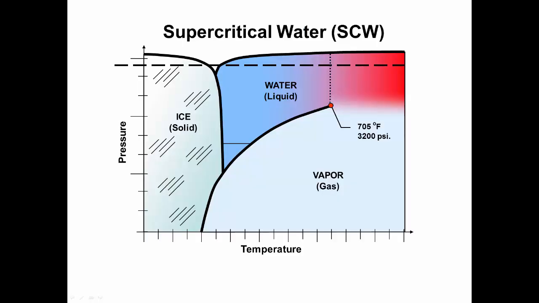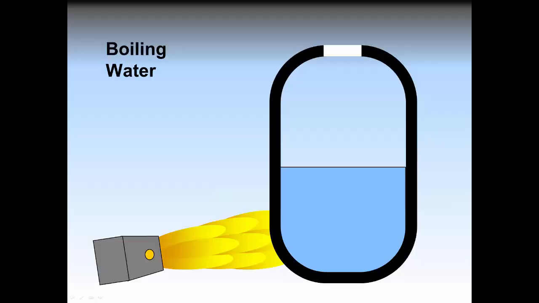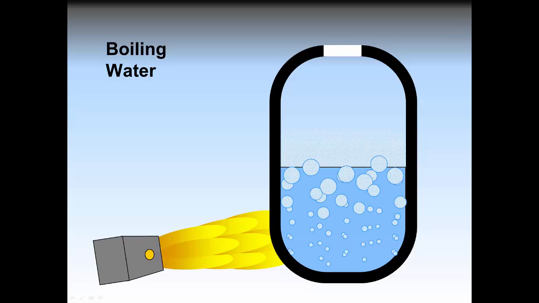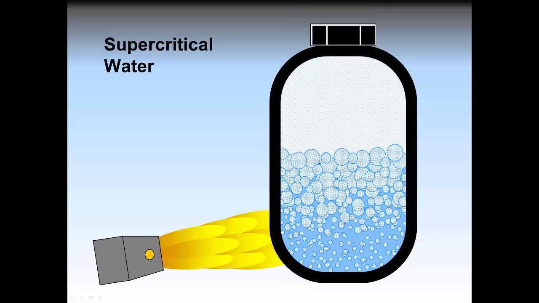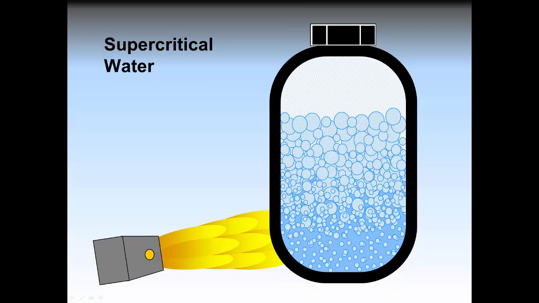First, let's discuss supercritical water a bit more. What is the supercritical phase? Boiling water will remain at the same temperature of 212 degrees Fahrenheit at atmospheric pressure. Apply more heat and it will simply boil more rapidly. However, the water temperature will not change as long as the vapor produced is allowed to escape. Place a cap on the container and both the pressure and the temperature of the water will now increase.